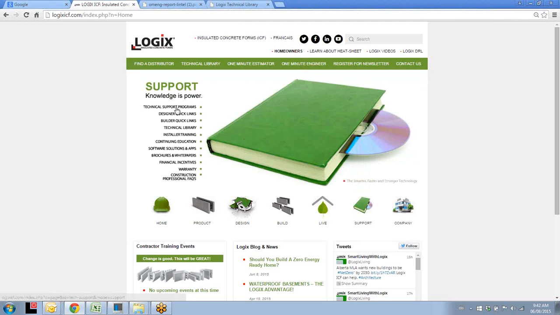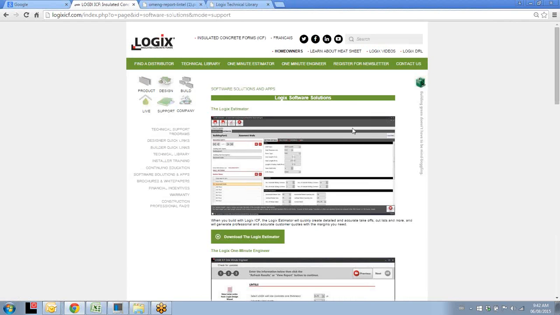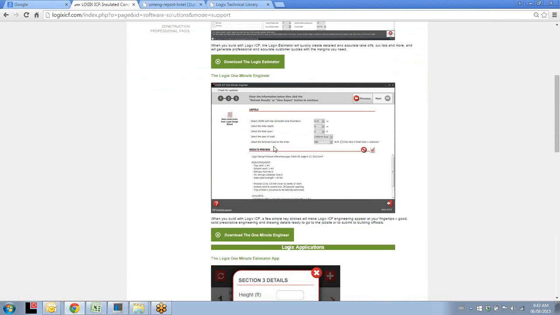If we go to our support section in the logixicf.com, you can see the software solution and apps page, and you can see here where you can actually download the desktop version of the 1 Minute Engineer. It is only available in PC. It's not available in Windows. If you're a Mac user, then you best use the online version that you can access right off the Logix